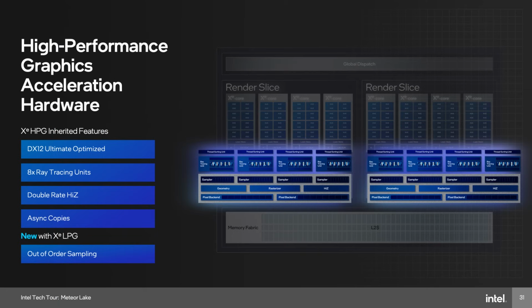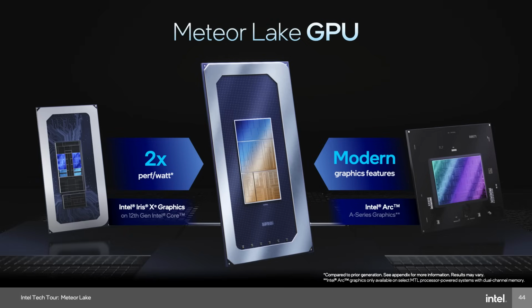Well, I'd start at the big things that we're doing there, right? We've done two main things. We've first taken all the goodness that is ARC that we've been working on for the last 5 years, which is supporting modern APIs, DX12, DX11, DX9, new features like ray tracing, VRS, other technologies, bringing all of that development and that driver work, that game compatibility work, bringing that to integrated, which is really, really cool. The second thing we're doing is improving the perf per dollar or the perf per watt, and we're also improving the performance. So think of it as we're building a bigger, faster engine that also is more modern, using all the modern APIs and all the modern technologies. So that's a combination of silicon technology and architecture.